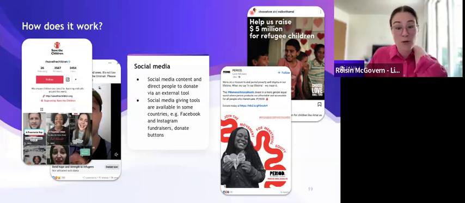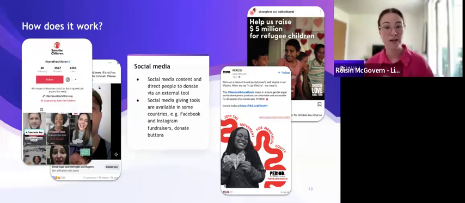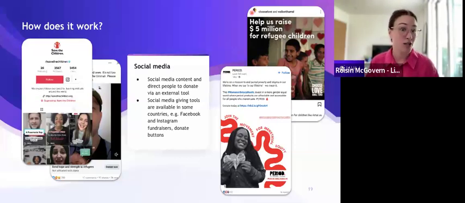It is worth being aware of the different rules and regulations around online fundraising, and of the accessibility and availability as well, because those things are changing quite often. We can actually share some resources with you of where you can go to find out which online giving tools are functioning in the country where you're located.